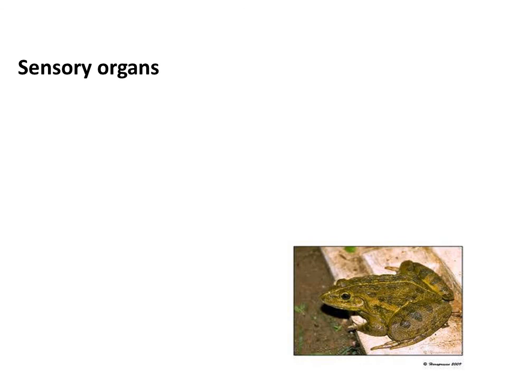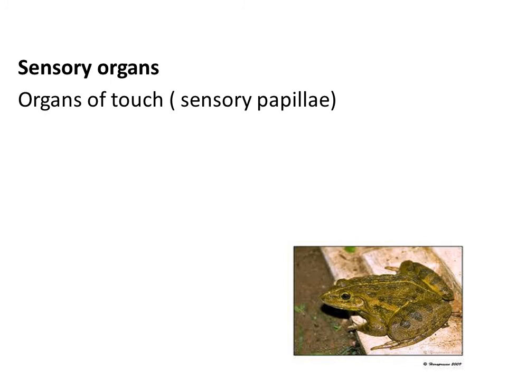Yes, let us look into the sensory organs in the frog. There are different sense organs present in the frog for sensing different things. One such organ is sensory papillae. Sensory papillae are an aggregation of cells present around the nerve ending. This helps to sense touch. Any kind of touch can be sensed by sensory papillae. So the frog reacts to any kind of touch because of the sensory papillae.